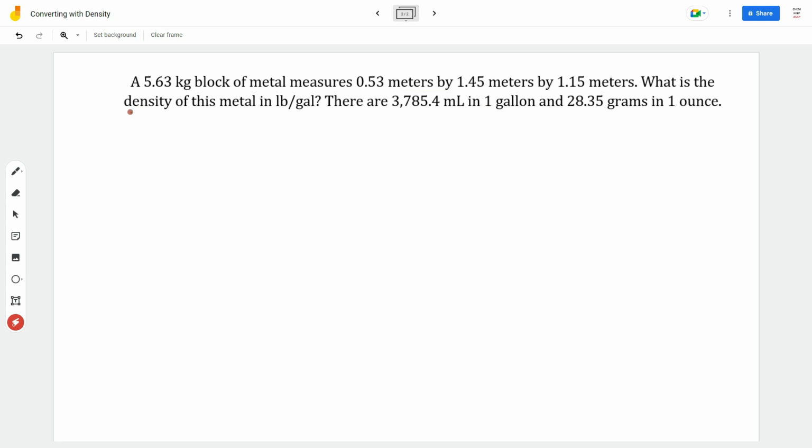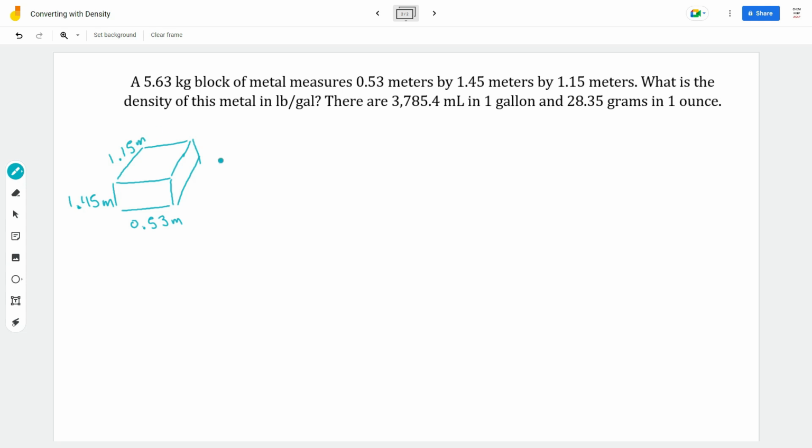It is very common in these more complex density problems to be given measurements. And when you are given measurements, what you need to do is find the volume, in this case, of this block. So I am going to sketch out what this block might look like. Okay, so we just have a block of whatever metal this is. Let's put in our dimensions. I'm going to call this length the 0.53 meters. Then this one will be 1.45 meters. And finally, we have